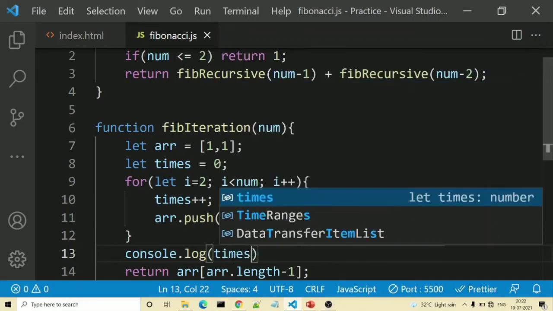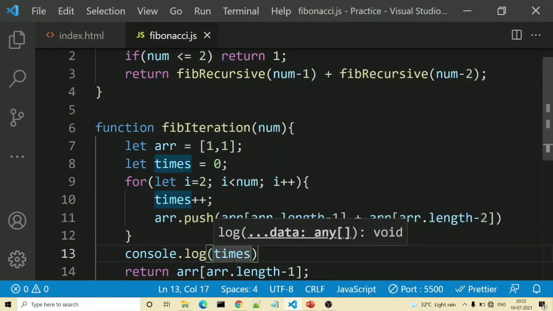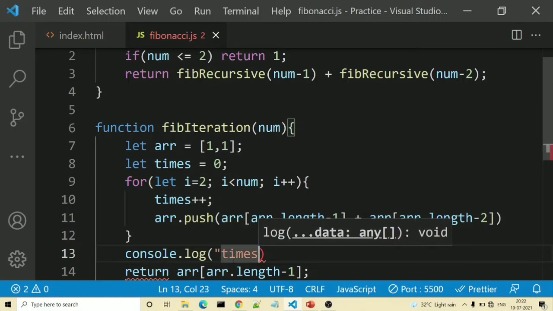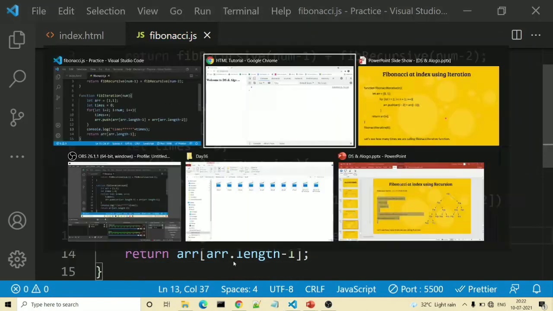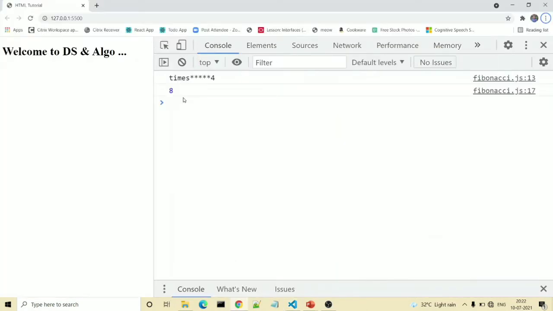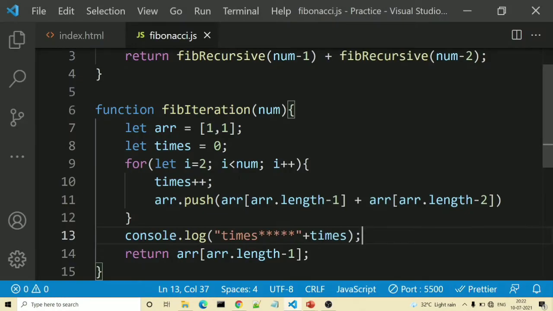Console.log we will print times. So in case of iteration, the function is called 4 times, as we are using for loop.